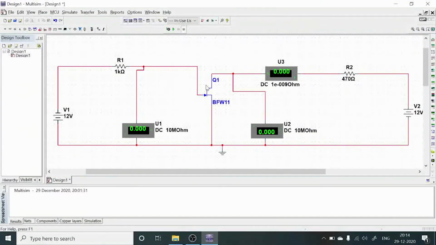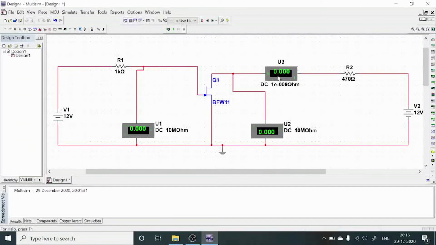To observe the drain characteristics, we need to maintain some gate to source voltage, then vary this biasing voltage across the drain terminal, then note down the corresponding drain to source voltage as well as the drain current.